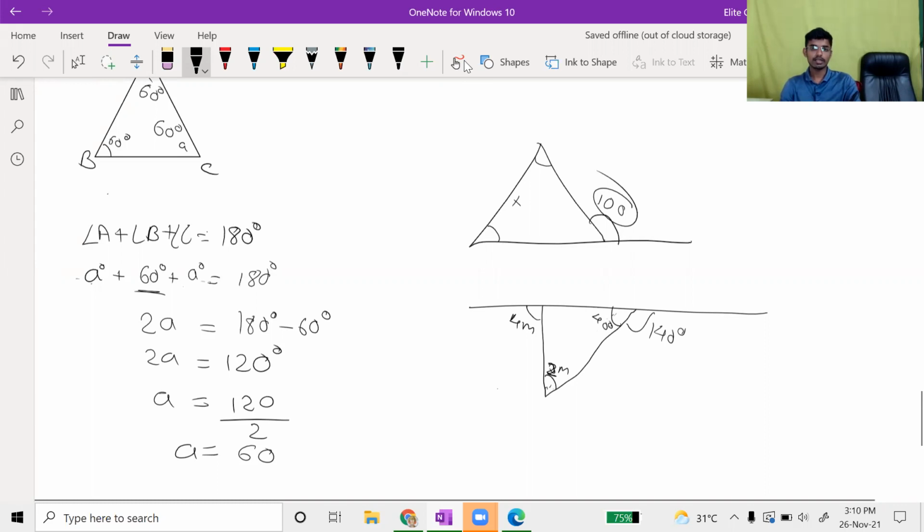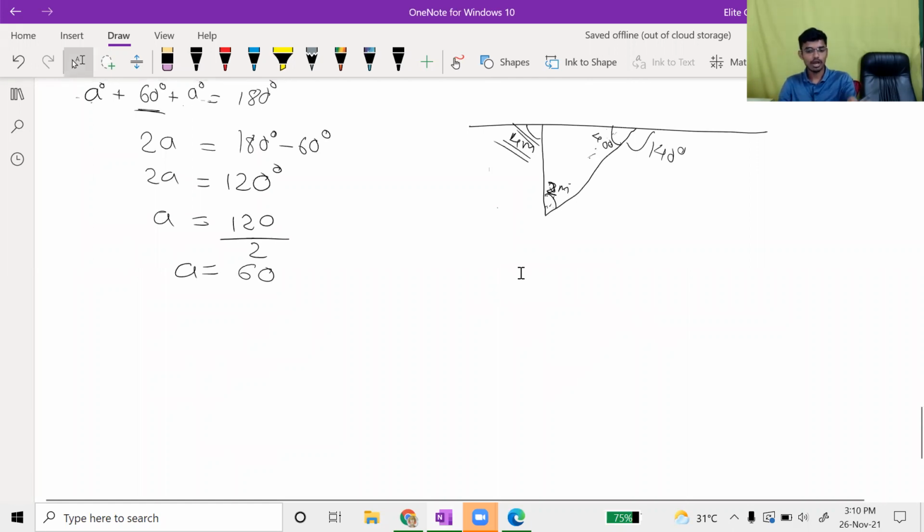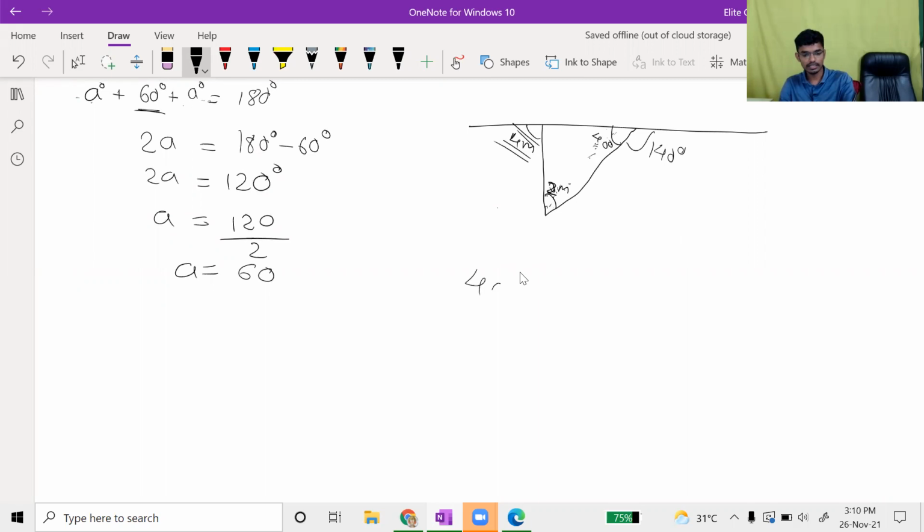These two internal angles of ours, the external angle opposite to them is this one. So if we add these, we will get this one. Yes, sir. So let us find out the value of m. See, we have to add this to this one. So 40 degree plus 2m is equal to 4m.